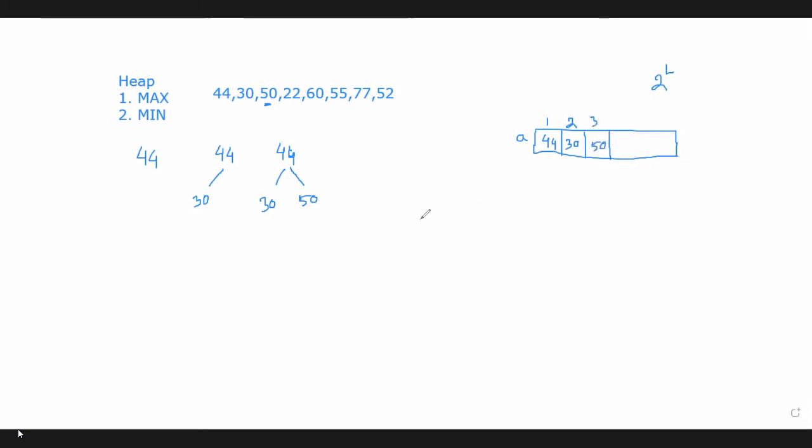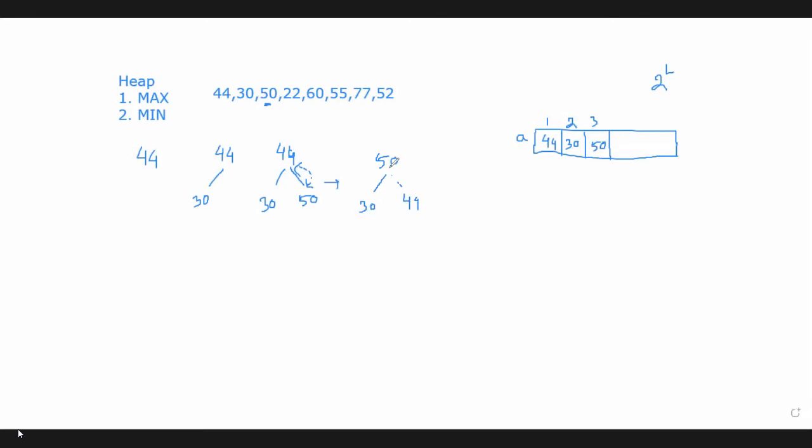So is it a max heap tree? It's not a max heap because the root node is less than the child node. So when the parent node is less than the child node, now interchange these 2 nodes. That means 50 will take the position of 44. Here 44 is less than its right child, so change these 2 nodes. The right child will become the parent node, and now here we are assigning the value 44.